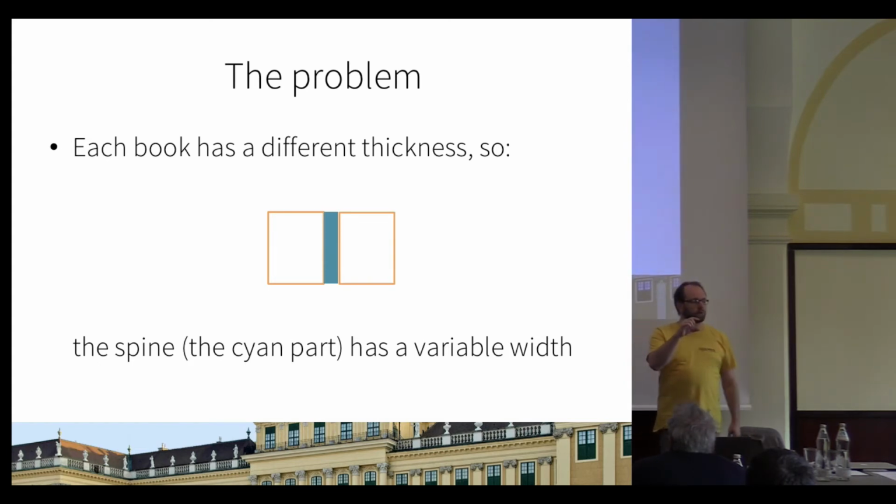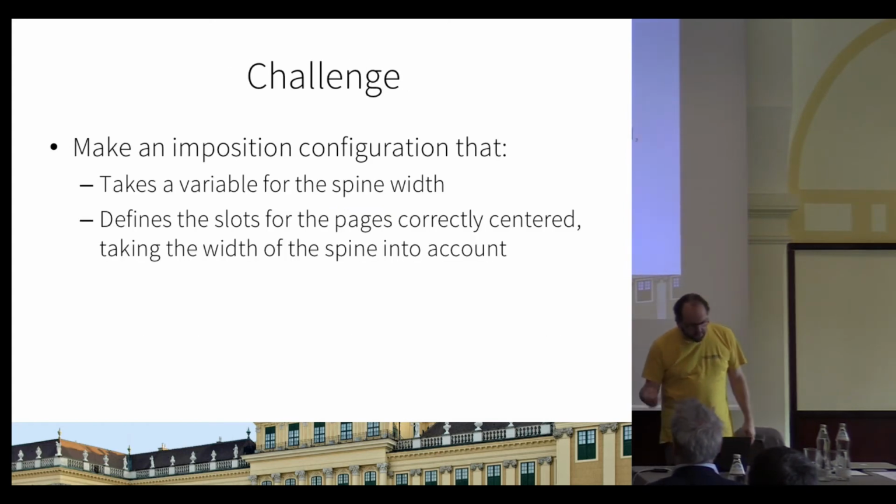If you think about a book, some are thicker than others, which means that the spine area, the area in between the 2 parts of the cover or the inside cover, is actually different. If it's a very small book, they will be very close together. If the book grows thicker, it will be further apart. So if you want to be able to prepare these files, you need to know what the thickness needs to be of that piece in between, and you want to move these 2 pages more closely together or more to the side. And that you can do with this